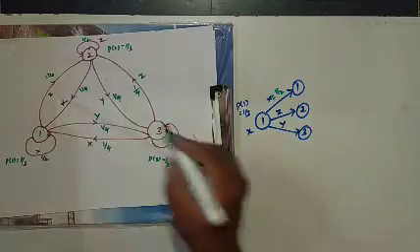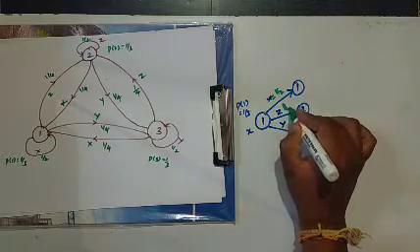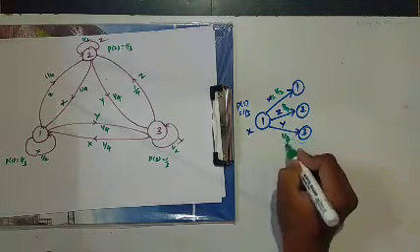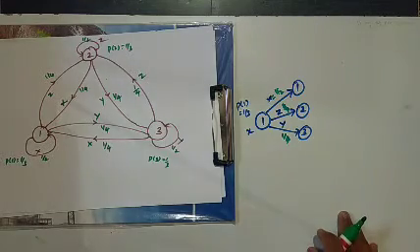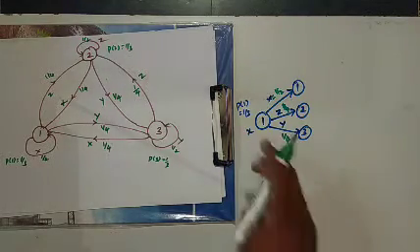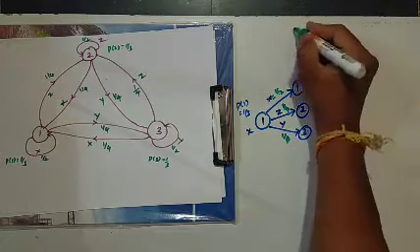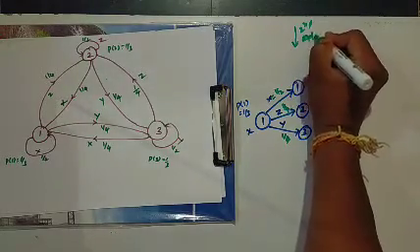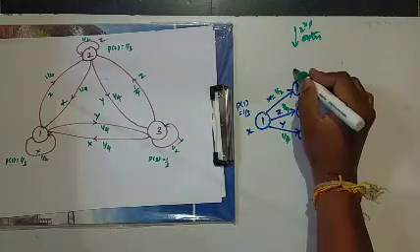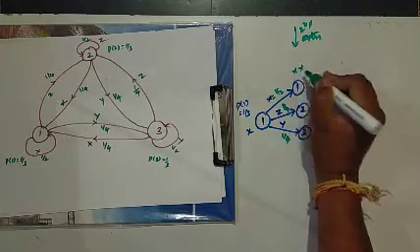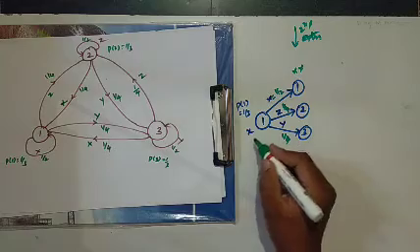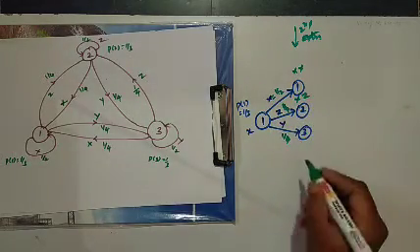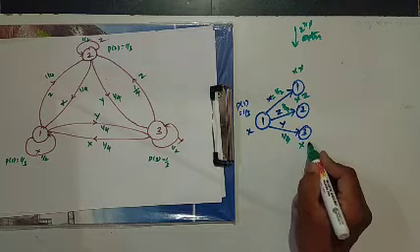And 1 to 2, that is 1 by 4. And 1 to 3, that is also 1 by 4. At the end of this, see this first symbol, this is the second extension. Here I get the symbol xx. X is the starting symbol and x. This is xz and this is xy.